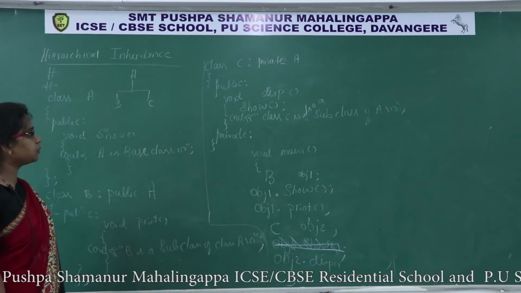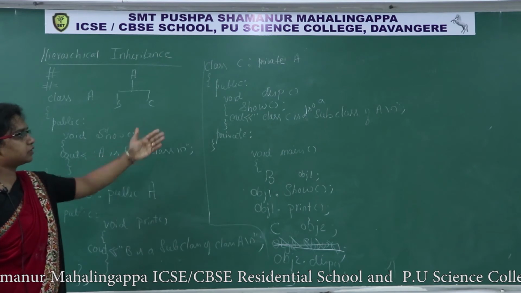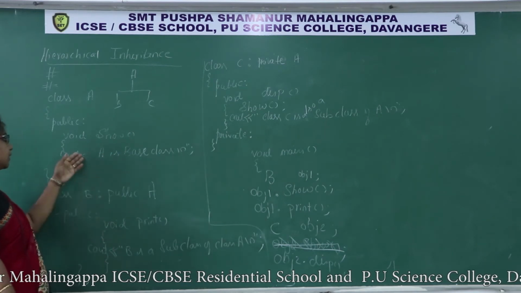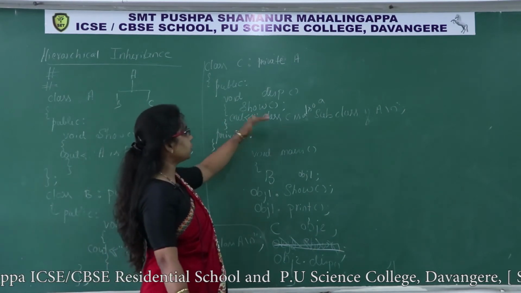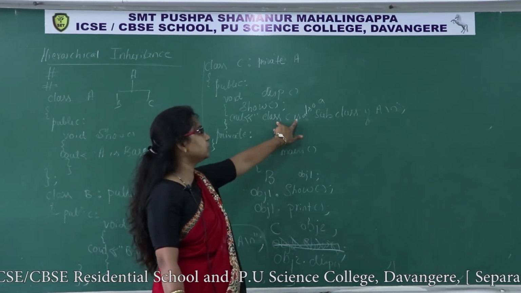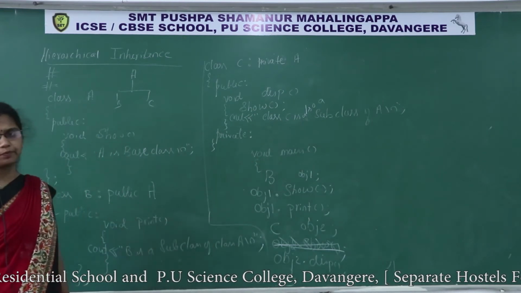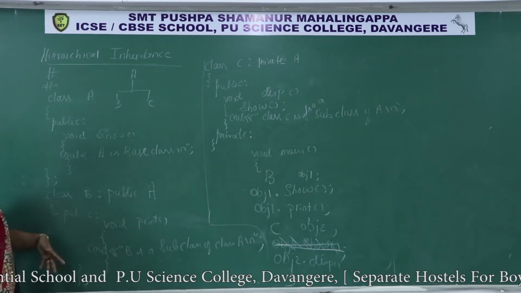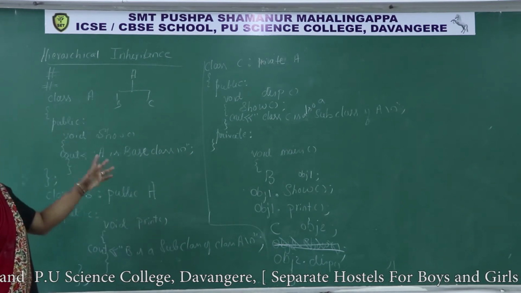Then what happens? The display function will be invoked. Soon after, it enters that show function. What is there in the show function? A is a base class. After executing this statement, what is the next statement? Class C is also a subclass of A. This statement will display. So in this example, I explained hierarchical inheritance in different modes,